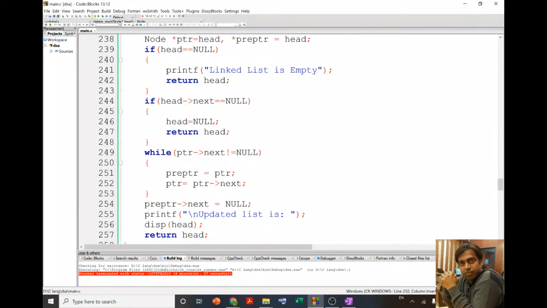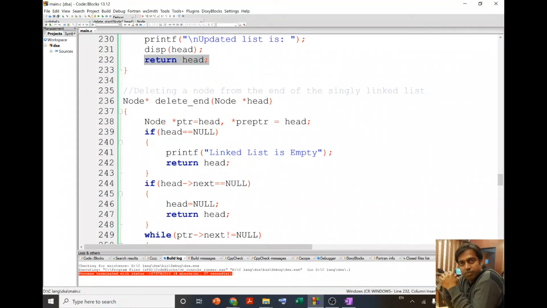So over here you can see this is our function. I passed the argument as the head, and since we are going to update the value of the head, the return data type is also the node pointer. Then I declared this pointer to this structure. Then first I check if head is equal to null. If it is null, then straight away I print that the linked list is empty, and I return to the main program. Once I return, this part of the program will not be executed.